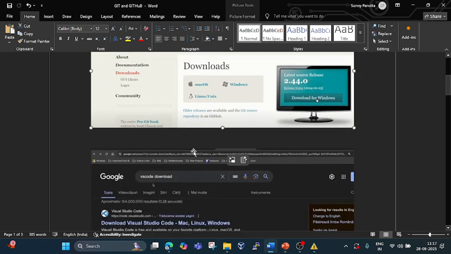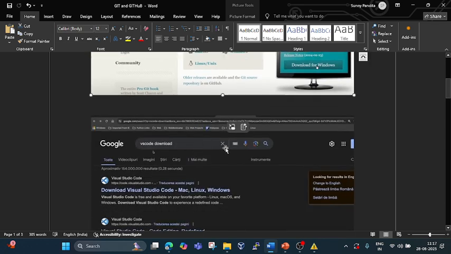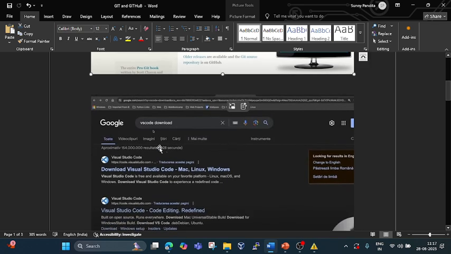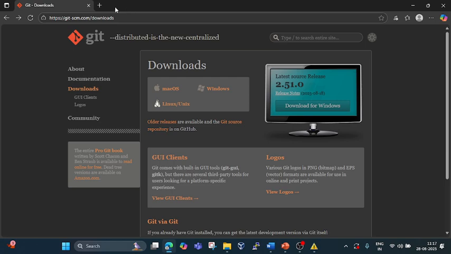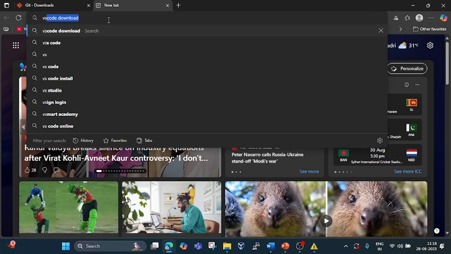Now moving to next. We have to do this practically, and for the practice I am using VS Code, Visual Studio Code. Why Visual Studio Code? Because whether you use Linux, Mac or Windows, the steps will be the same. That's why I prefer Visual Studio Code, and it's open source. You can install it free and without any issue. Let me show you how to install Visual Studio Code, and we will do all the practice in it. Go to the browser and search VS Code download.